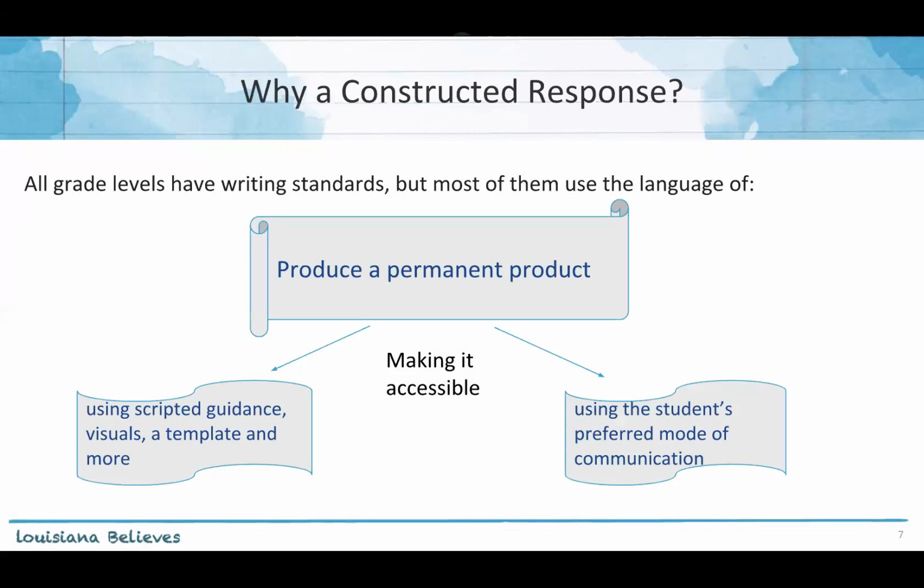So our overview. Why have a constructive response? First and foremost, all grade levels have writing standards. However, they all use the language of produce a permanent product. Little to no actual writing needs to be done to complete this item. I think that's probably the most important thing to consider, and why we keep calling it a constructed response and